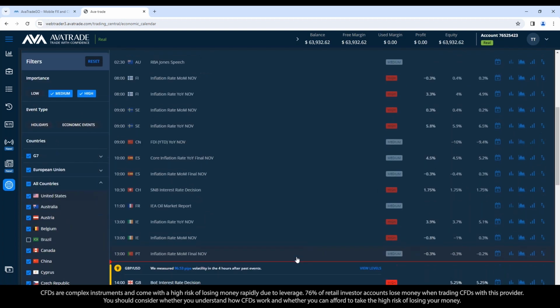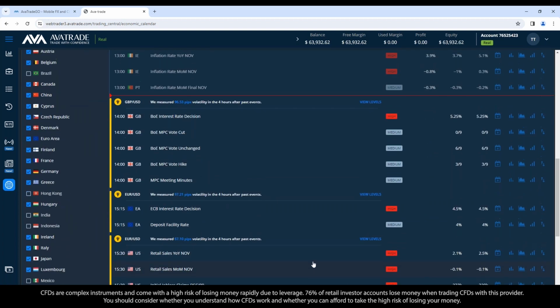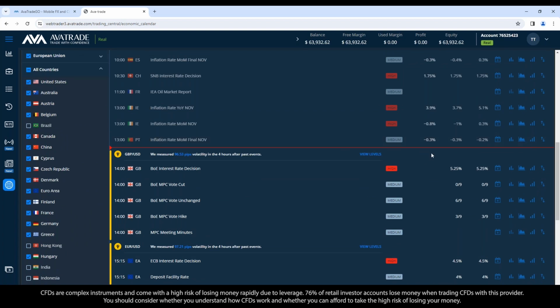But let's look at something that didn't happen yet. If we get past this red line, that means these haven't occurred yet. Interest rate decision out of Great Britain, that's coming soon. So we're not going to spend too much time in this webinar carrying you past that announcement time because it's in about 45 minutes. I want you to be able to watch that rate decision if you want to and trade on it if the statistics deem in your mind that you should based on how the numbers come in.